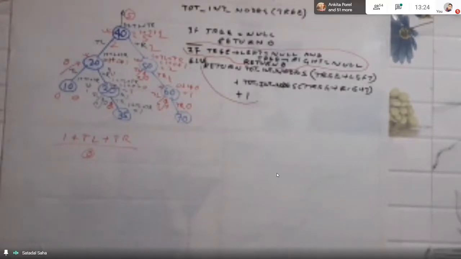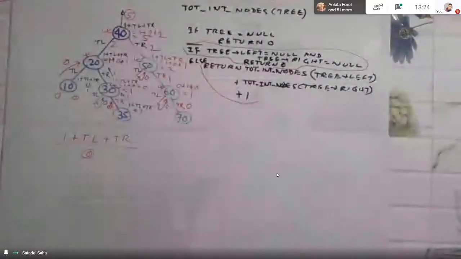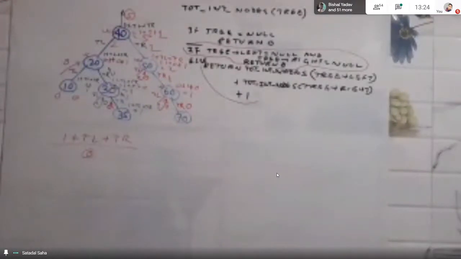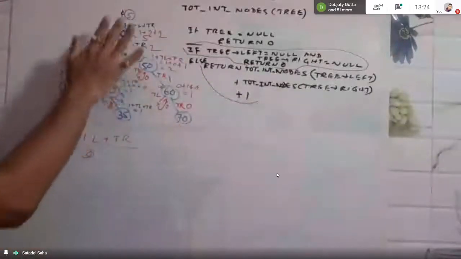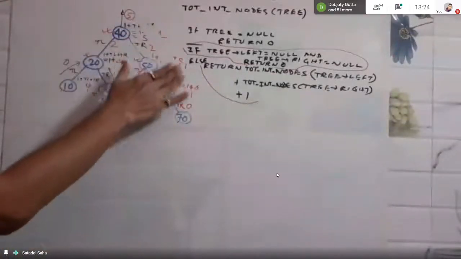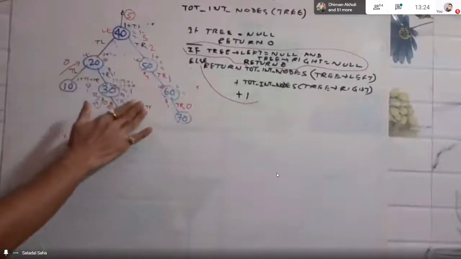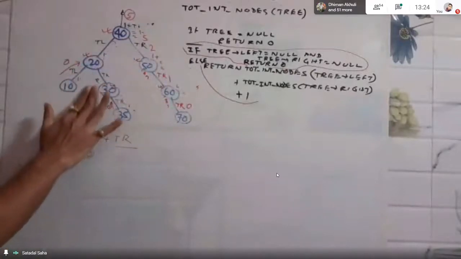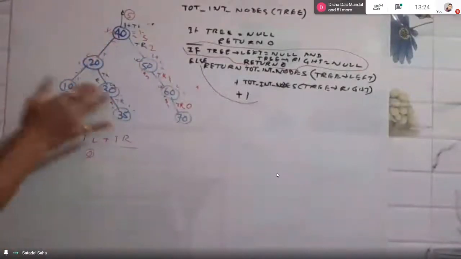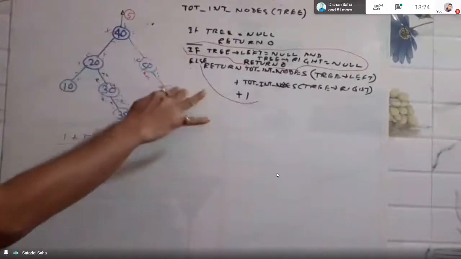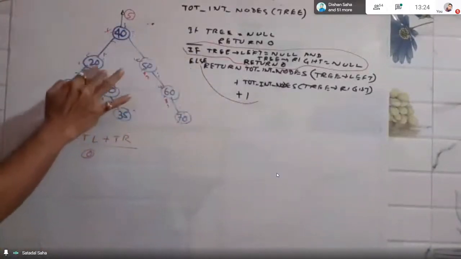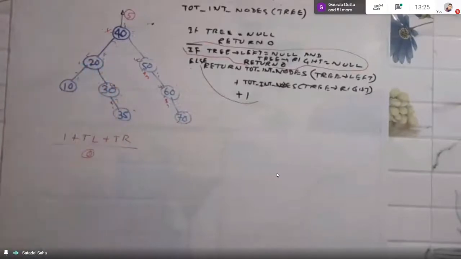আর এক্সটার্নাল নোডের ক্ষেত্রে কি হবে? When you are calculating the external node, এক্সটার্নাল নোড মানে হচ্ছে আমি শুধু এই কাউন্ট গুলোই চাইছি, মানে 10 35 and 70, বাকি আর এত ক্যালকুলেশন কিছু চাইছি না. All the calculations will not be done. These are useless because I am not interested in any internal node. So I am interested only in the external node. So all these computations are not required at all in case of counting the number of external nodes.